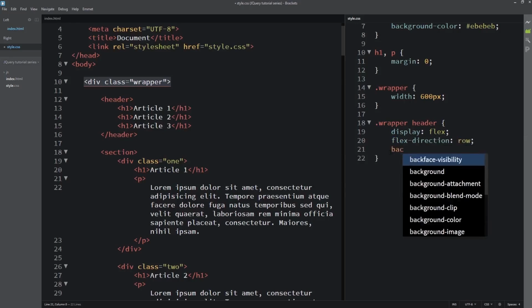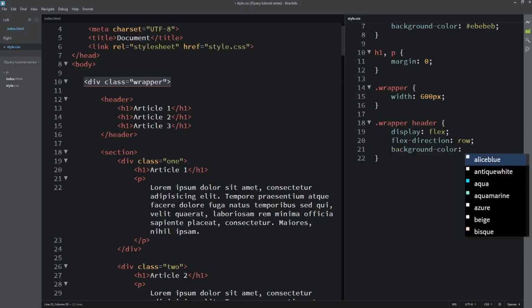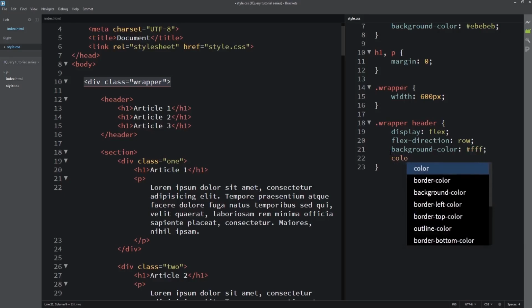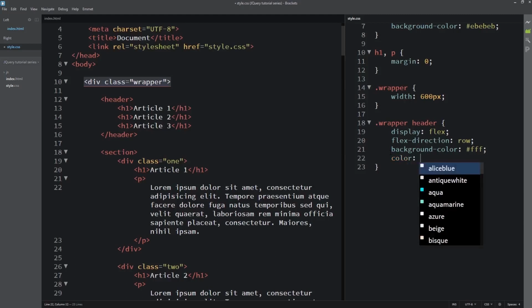Then background color will be black, and then color, the color will be white.